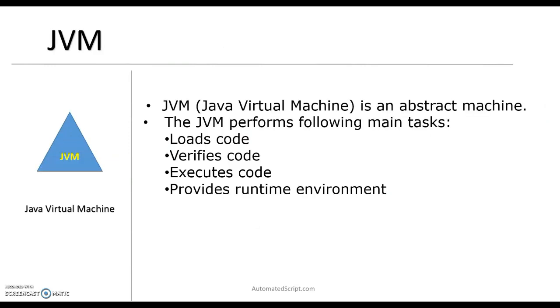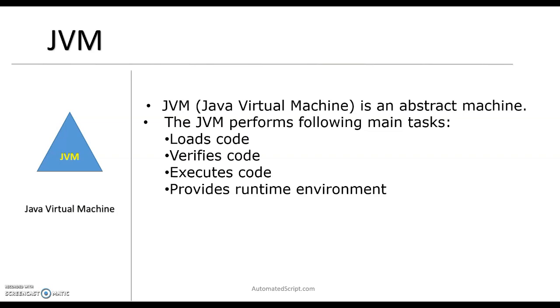Now let's move to the next. We'll go through them one by one, with JVM first, that is Java Virtual Machine. It is a very important part of both JDK and JRE because it is contained or built into both. Whatever Java program you run using JRE or JDK goes into JVM, and JVM is responsible for executing the Java program line by line. Hence, it is known as an interpreter.